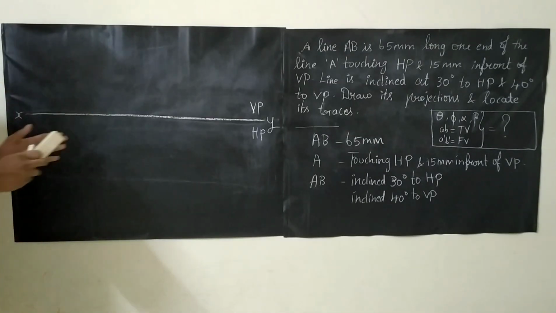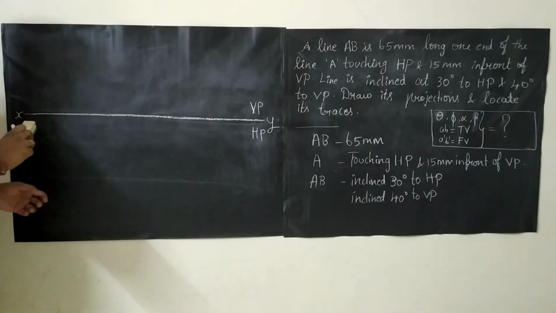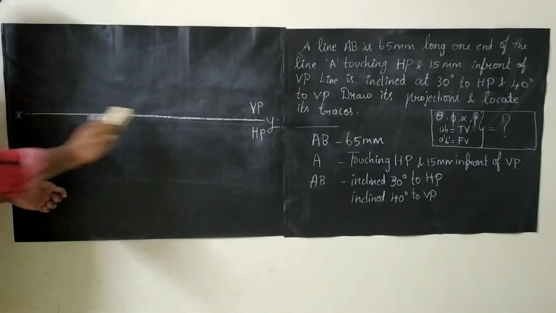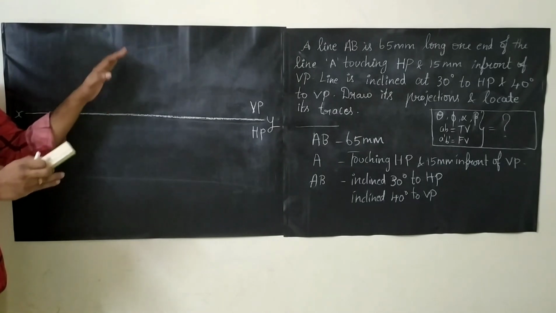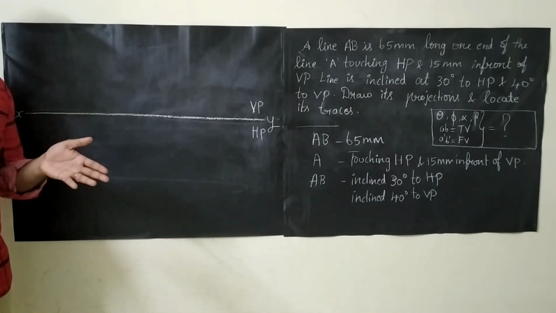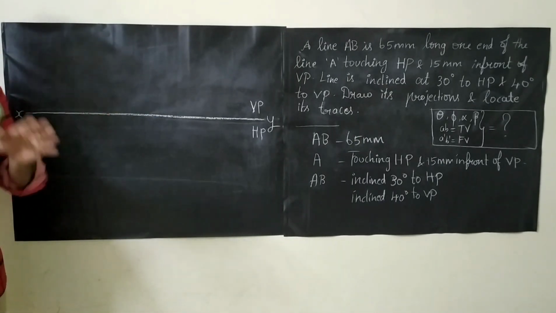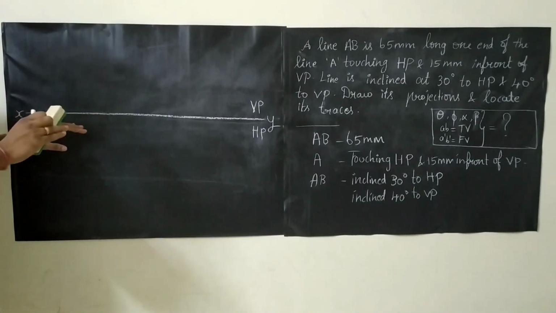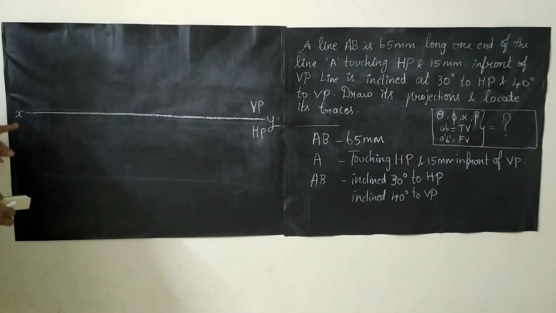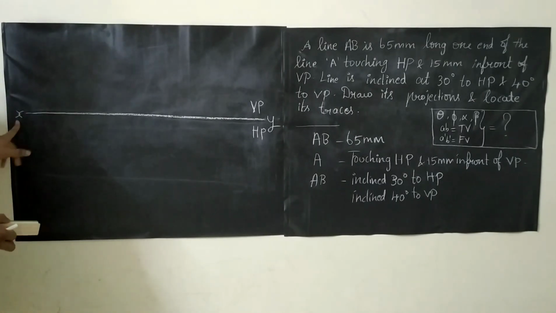First step is we need to draw the reference line. So the reference line is XY. Just draw a reference line approximately in the middle of the page. If you are drawing in landscape on an A3 sheet, see to it that this reference axis or reference line should be in the middle at approximate distance. So you can name that line as X and Y.